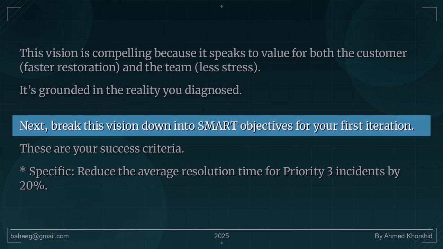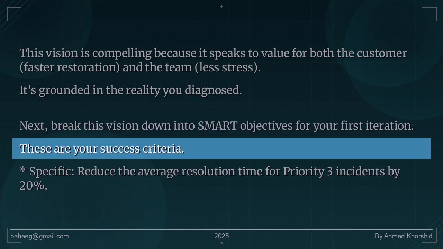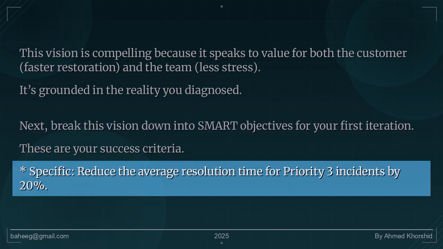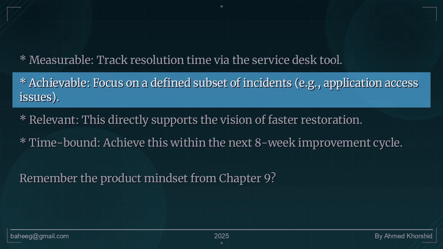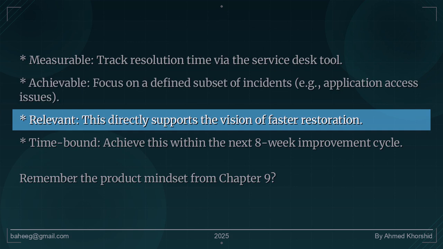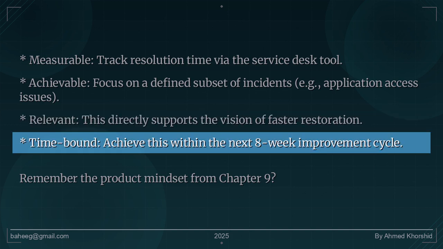Next, break this vision down into SMART objectives for your first iteration. These are your success criteria. Specific: reduce the average resolution time for priority 3 incidents by 20%. Measurable: track resolution time via the service desk tool. Achievable: focus on a defined subset of incidents, e.g., application access issues. Relevant: this directly supports the vision of faster restoration. Time-bound: achieve this within the next 8-week